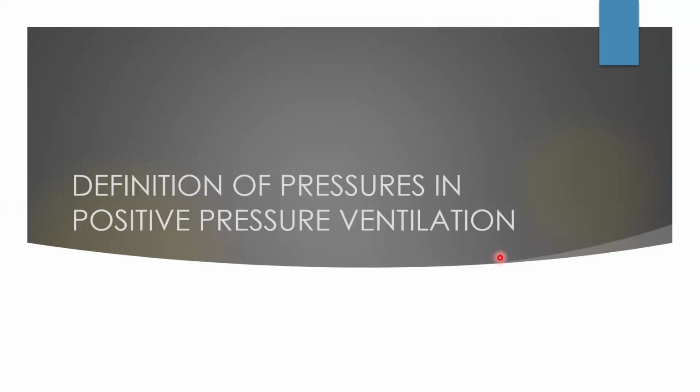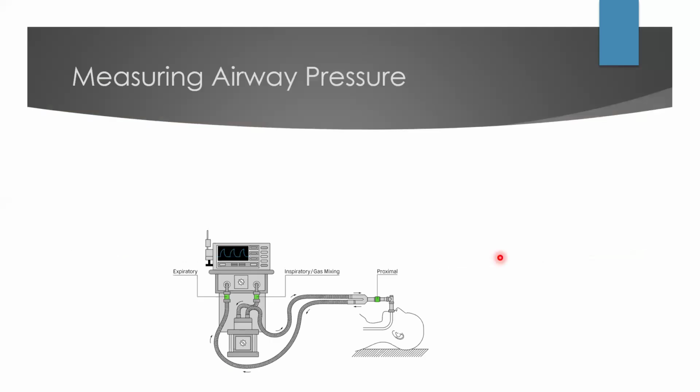So coming to the definition of pressures in positive pressure ventilation. The pressures we discussed are mainly the physiological pressures. So what are the terminologies that we use for them in positive pressure ventilation? See, this is a ventilator with the circuits connected, and this is the patient. This is the proximal part of the ventilatory circuit, and this will be inside the ventilator. So how is the ventilator measuring the airway pressure? Some ventilators measure the pressure at the proximal part of